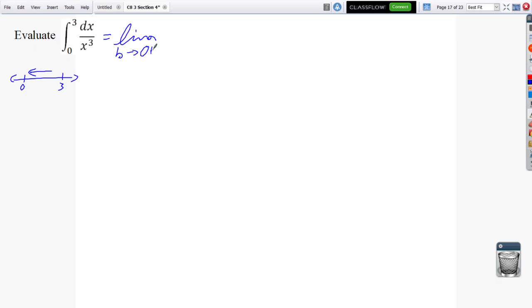Limit as b approaches 0 from the right, integral from b to 3. Now again here, since my exponent in the denominator is not 1, I want to rewrite this as x to the -3rd dx so that I can use the power rule where n is not equal to -1, which just means I'm going to have